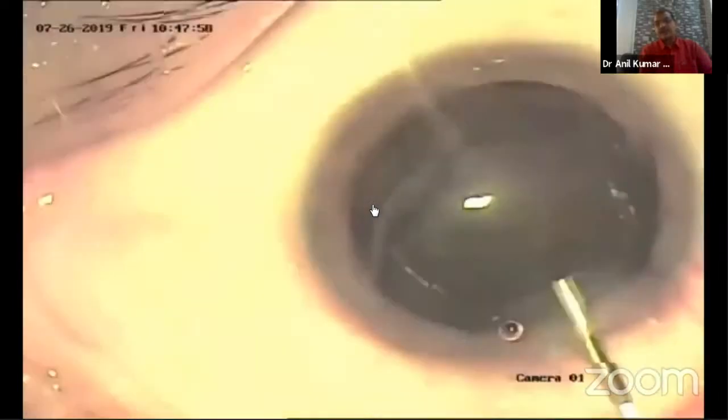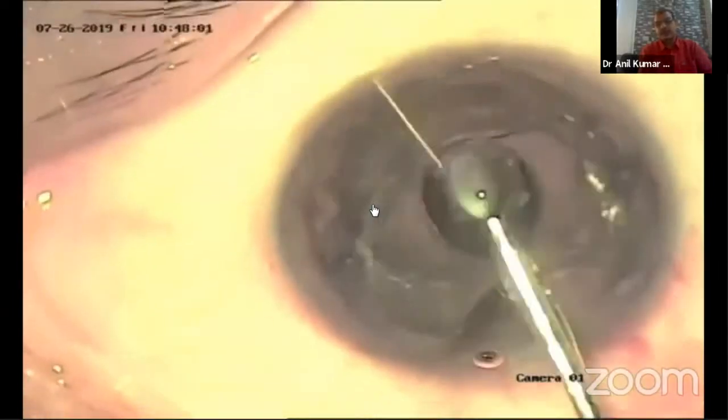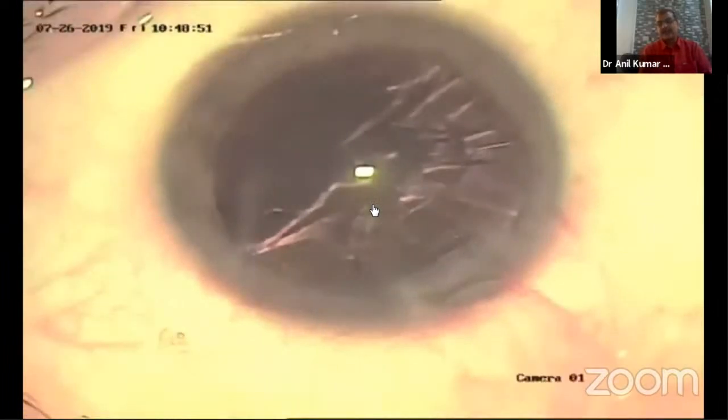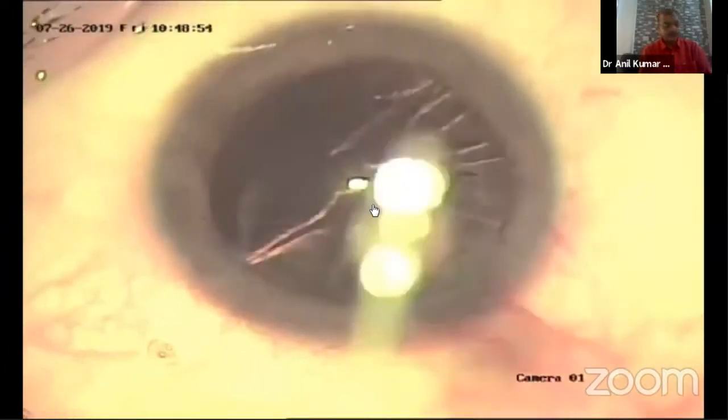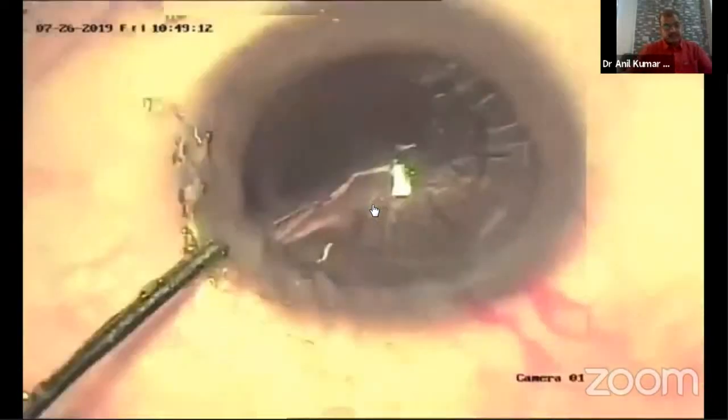Hydrodissection and hydrolineation were done, and since he was a 48-year-old male, it was a soft cataract. With a regular setup at phaco 2, the nucleus can easily be emulsified, and you can easily aspirate the free cortex. The rest is just cleaning of the cortex. It is just a regular phaco, but the incision site, the main and side port, the CCC, and the biometry make a difference.